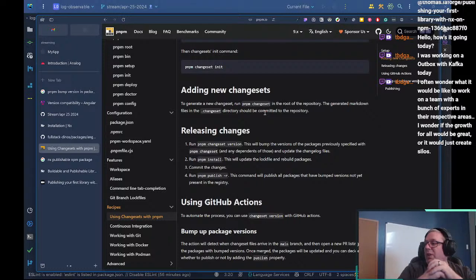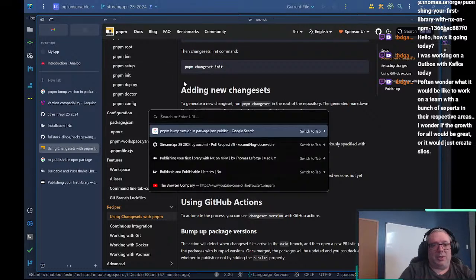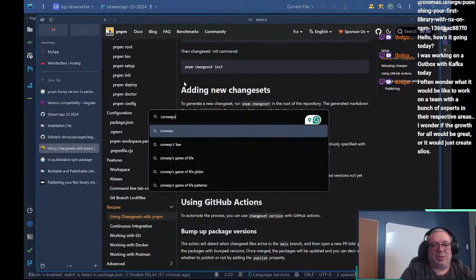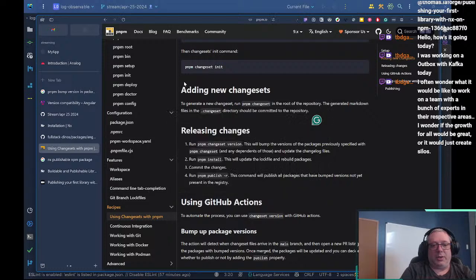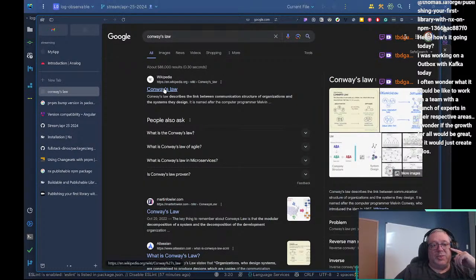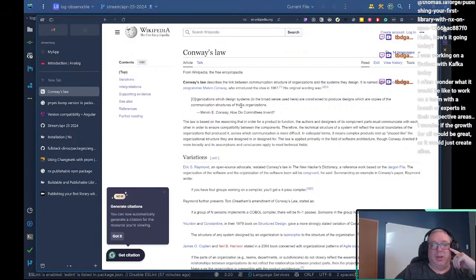I often wonder what it would be like to work on a team with a bunch of experts in their respective areas. I wonder if the growth for all would be great or it would just create silos. I've worked in both types of environments. And have you ever heard of Conway's Law, TBD Gamer? So Conway's Law is an interesting, and wow, that's bright, but